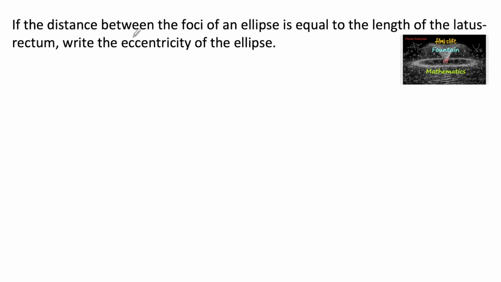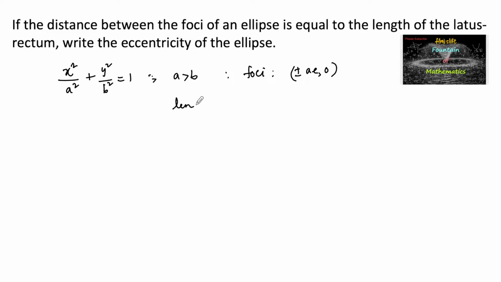If the distance between the foci of an ellipse is equal to the length of the latus rectum, write the eccentricity of the ellipse. Let us consider the standard form of an ellipse. x square by a square plus y square by b square is equal to 1, where a is greater than b. So here the foci can be given as plus or minus ae comma 0, and the length of latus rectum